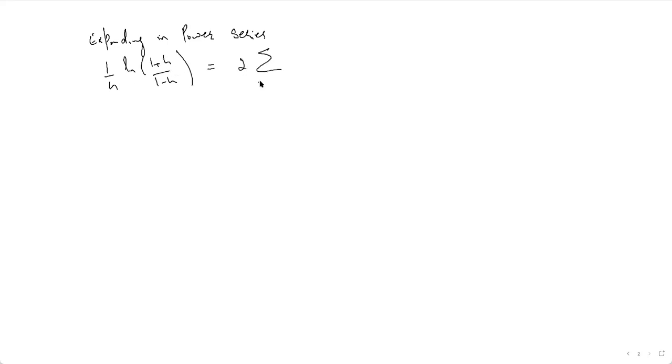Now expanding in power series, that is 1 by h into ln of 1 plus h divided by 1 minus h. When you expand this in power series, you can write it as twice summation n running from 0 to infinity h raised to power 2n divided by,